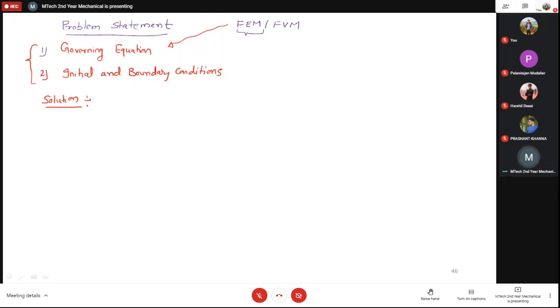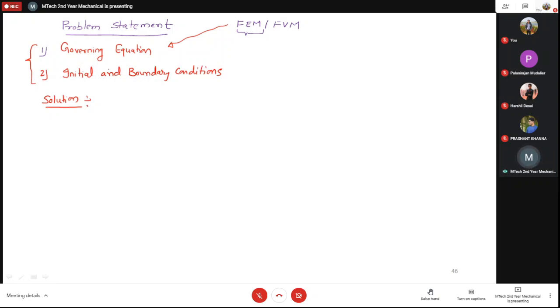What I have seen in most of the presentations from the BTech or master student, they don't define the governing equation. They just give random output of the models. Okay, so these are the simulations, the temperature increasing, decreasing. First, you always need to define even your software, what governing equation your software is using.